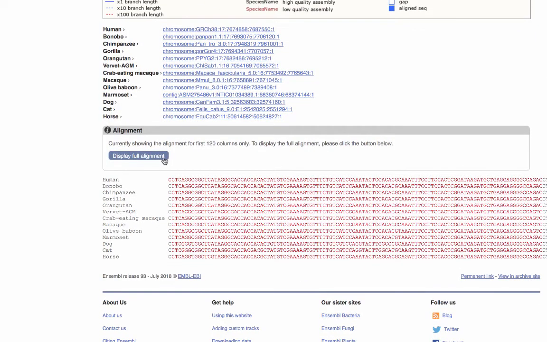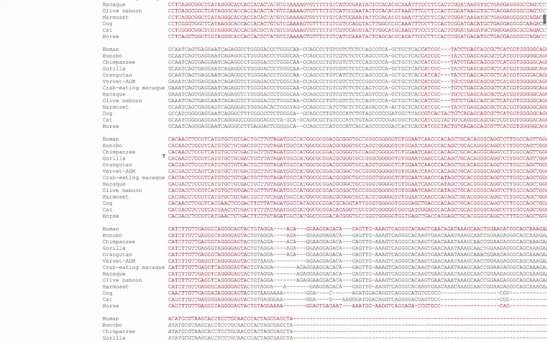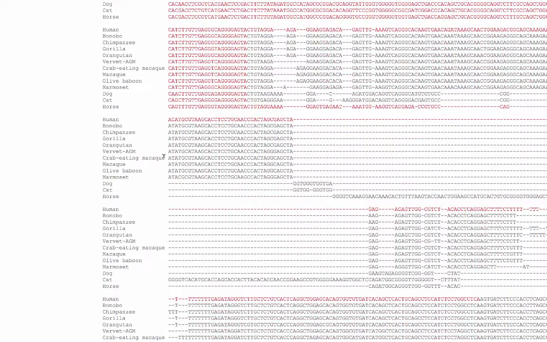And again, I'm going to click display full alignment. Okay, and in this example here, you can see that most of the species don't have any alignment here, but the horse alignment shows an insertion of sequence between regions of alignment with other species. We can add some additional useful information to this alignment. If we scroll up,